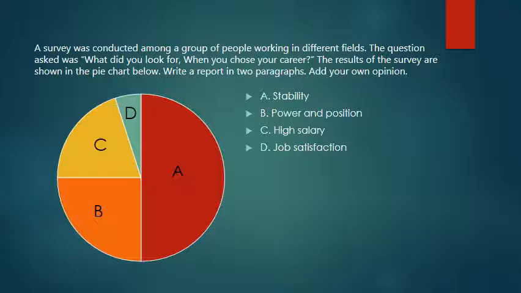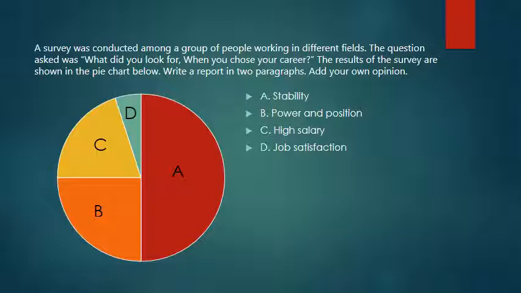In this pie chart, we are talking about a survey on a group of people, and the question asked was, what did they look for when they chose their career? The different proportions speak about the choices people have made. Some thought it is stability, some thought it is power and position, some thought it is high salary, and others